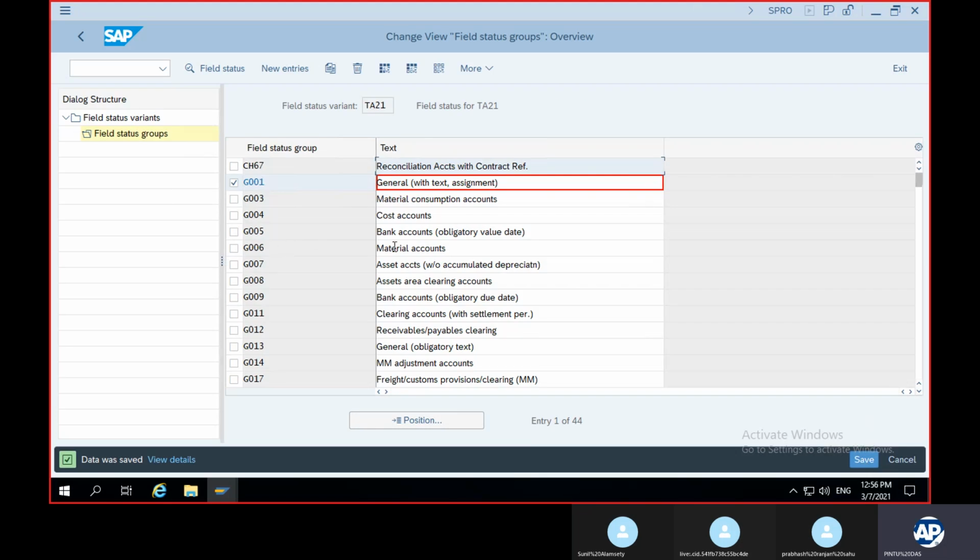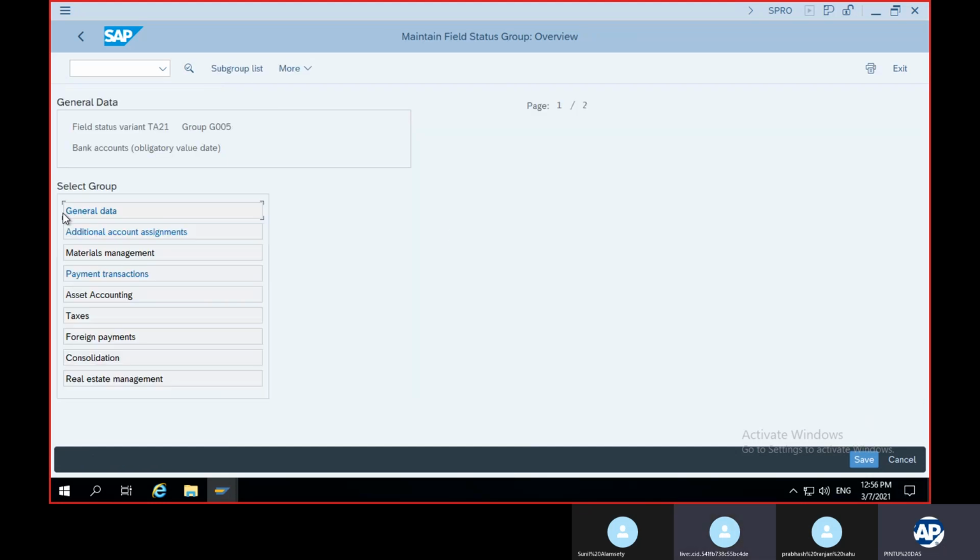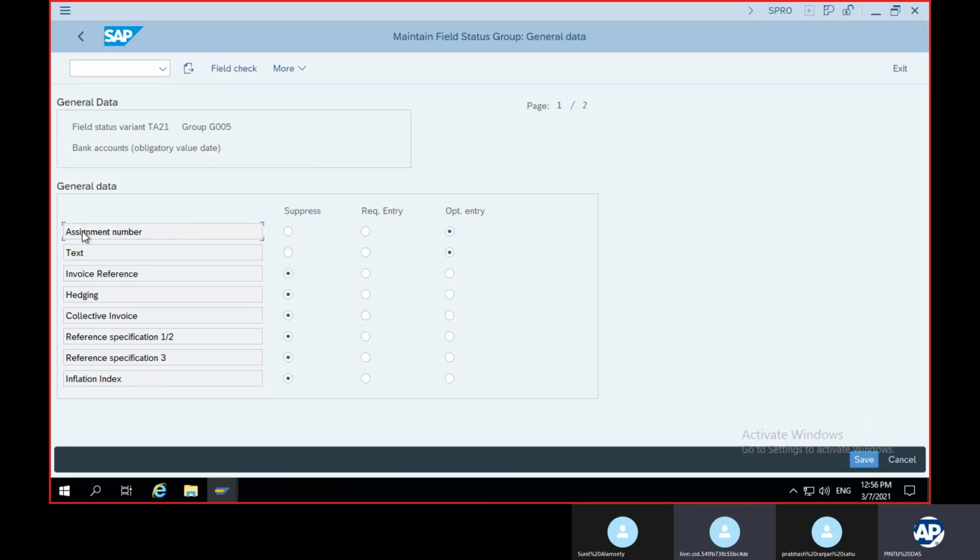Then I will also work with this one, bank accounts, obligatory. In general data, text, I'll make it required. Okay, done.